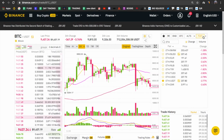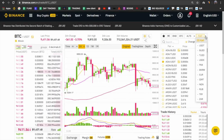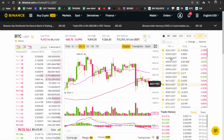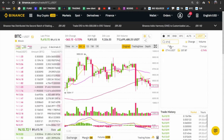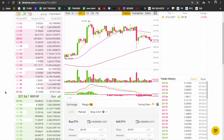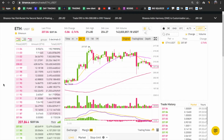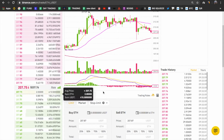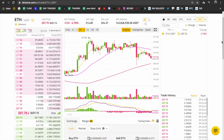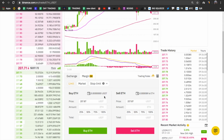So what we need: Ethereum, we need the fiat, USDT, and we have to find Ethereum. You can find it like that when you type it here. So since you have Ethereum, you have two choices. You can basically trade with your Ethereum, or you can sell it to dollars, or you can sell it to Bitcoin. Maybe you just want to hold Bitcoin. Now first let me show you how to sell it to dollars if you want to trade cryptocurrencies against dollars,